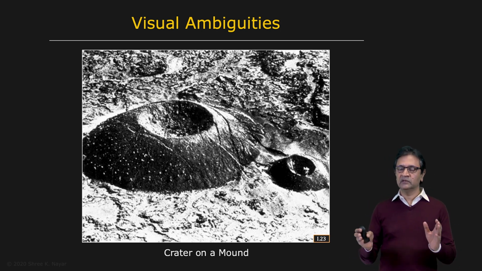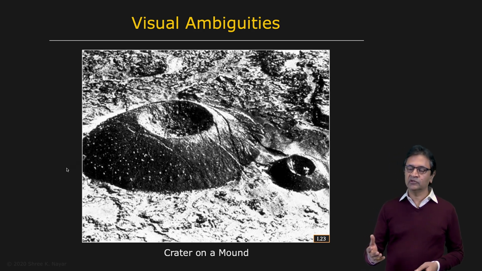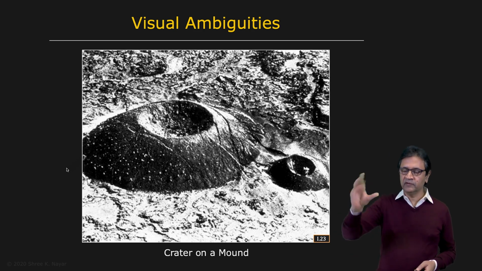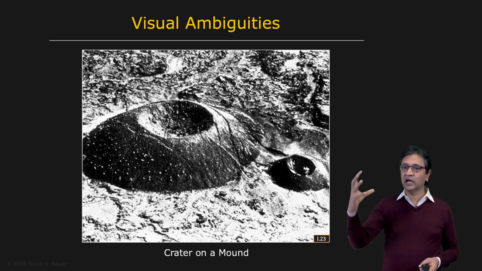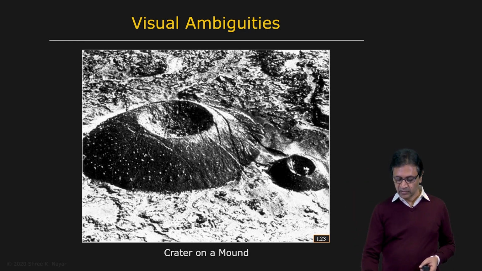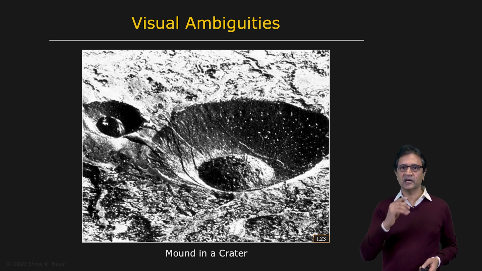And here's my favorite visual ambiguity. So in this case, when you and I look at this, on the left, we can agree that we see a large mound with a little crater in the center. And if I asked you the question, what are you going to see if I flip this picture upside down? You'll probably say that you're going to expect to see a mound hanging upside down. But in fact, if I actually flip this picture, you see a large crater with a little mound in the center. Why does this happen?